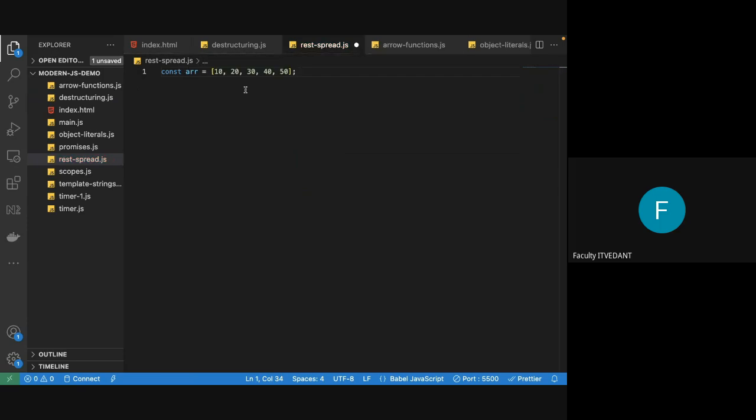Okay, so this is the same array I'm using. Now let's say when I want to destructure it, I have done something like this: first, comma, second, from an array. But what if I just want the first and second element, and I want all of the rest, like 30, 40, 50, to be taken into another array? In that case, what you can do is